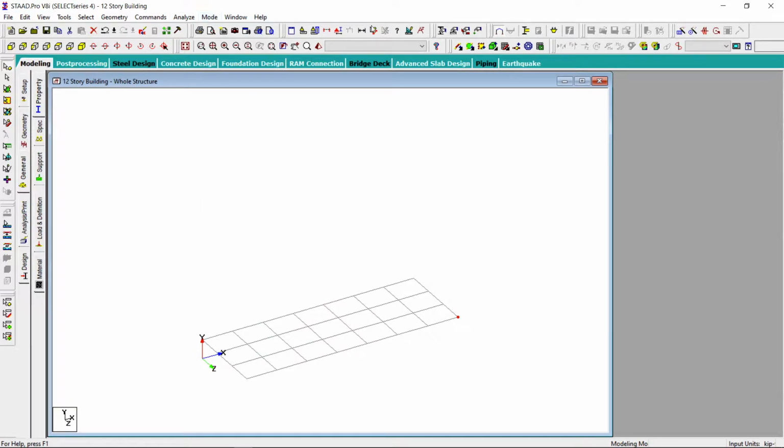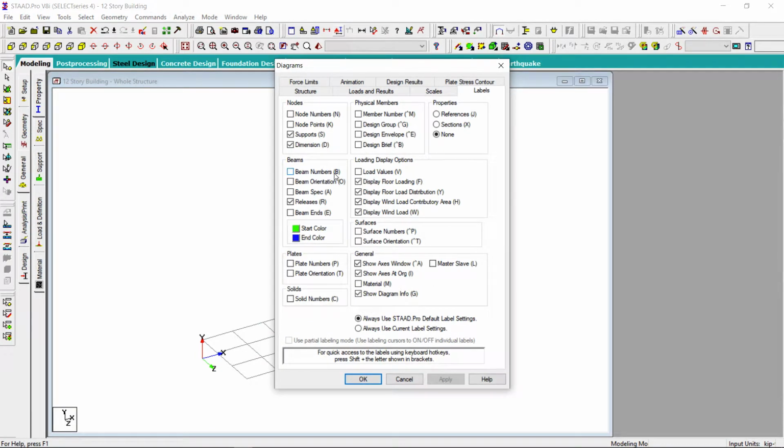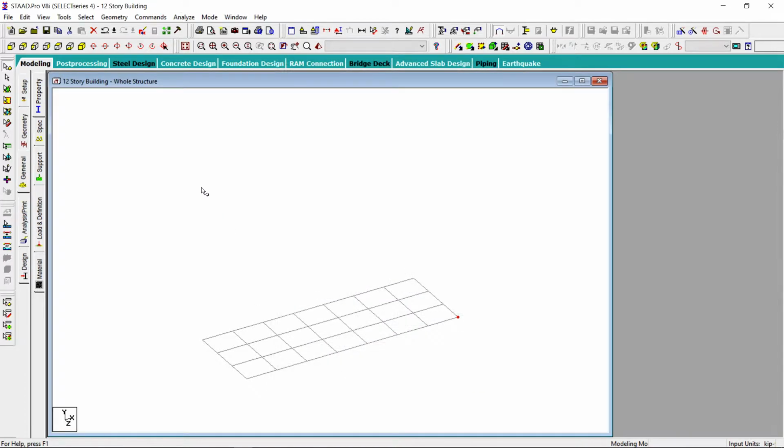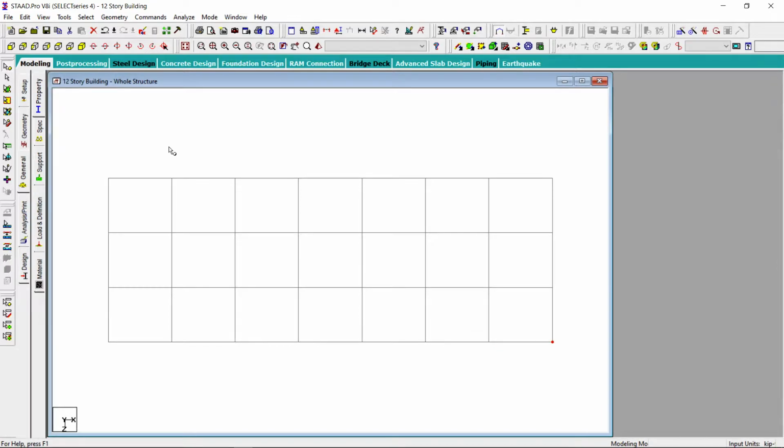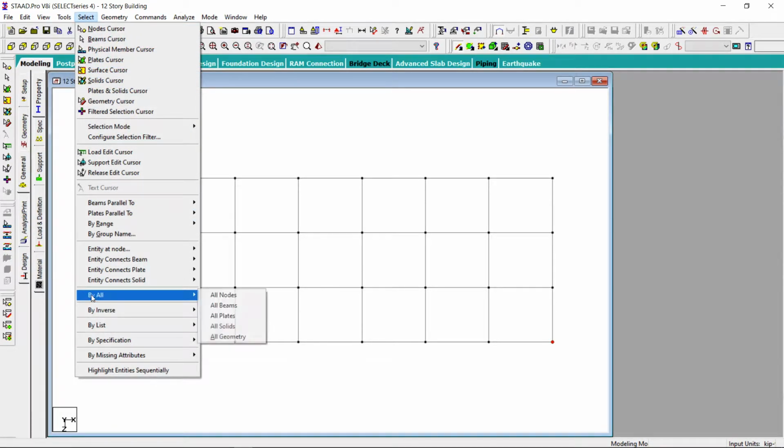So let us select the first floor and define the elements. I don't want to see this, it's confusing. Let us define the first element. Select all